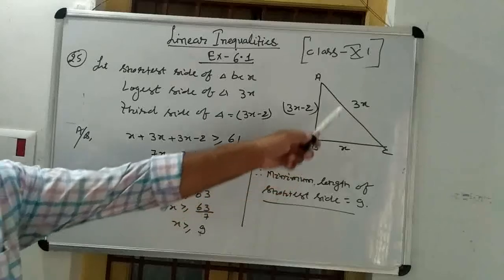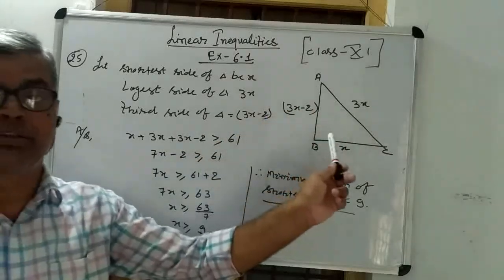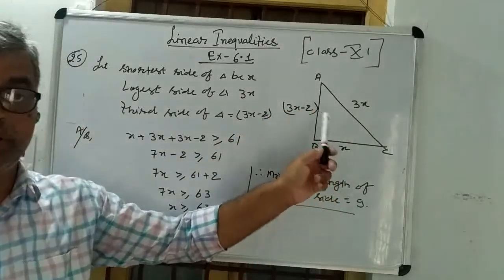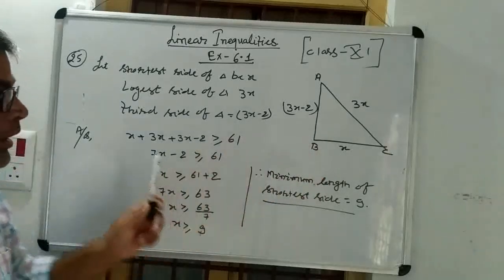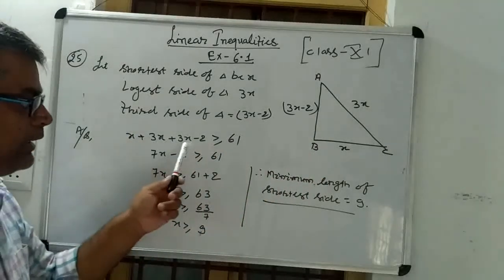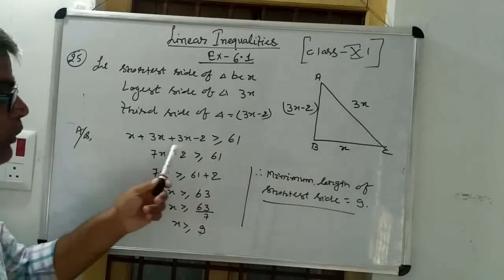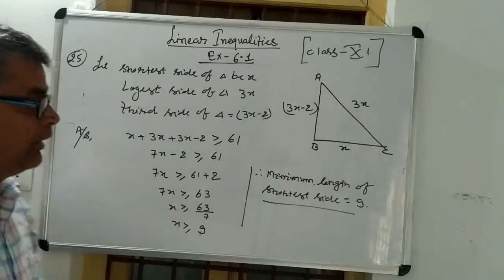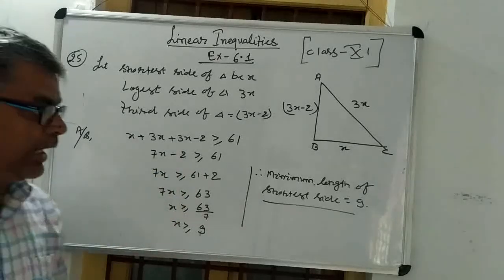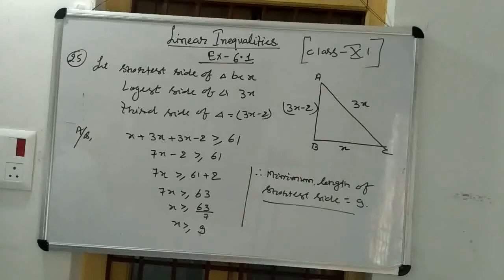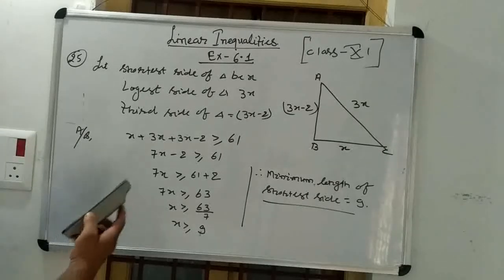First we have to find the three sides of the triangle with the condition given in the question, and thereafter we apply the formula for the perimeter of a triangle, and thereafter we obtain the value of x. So in this way this question is also complete.